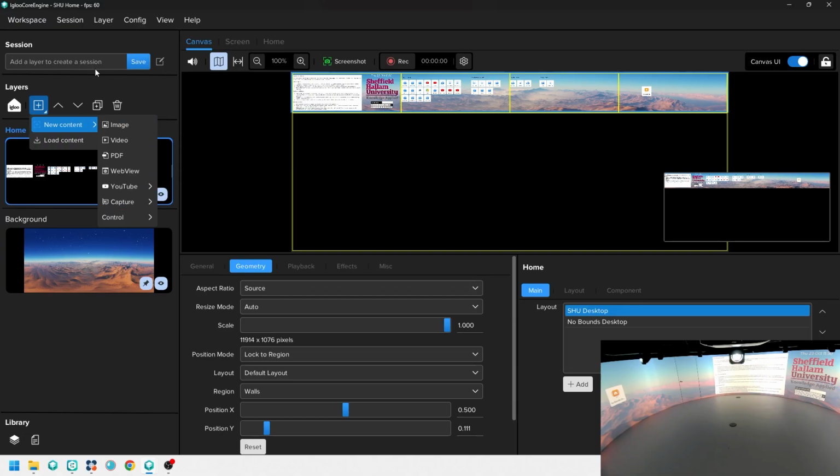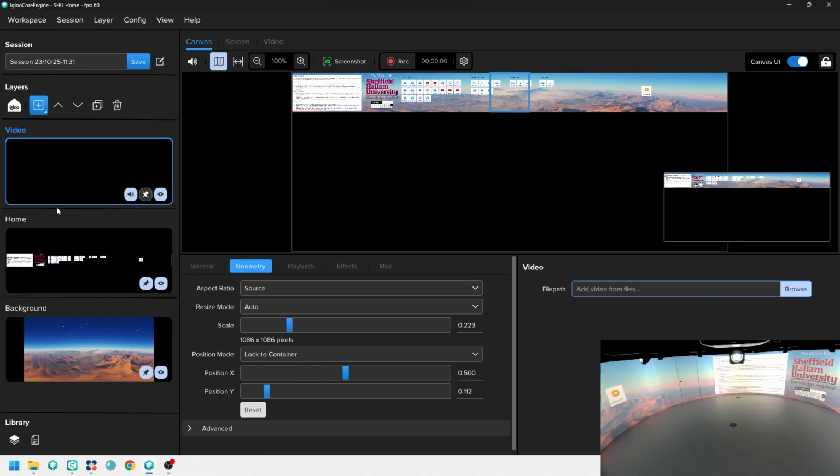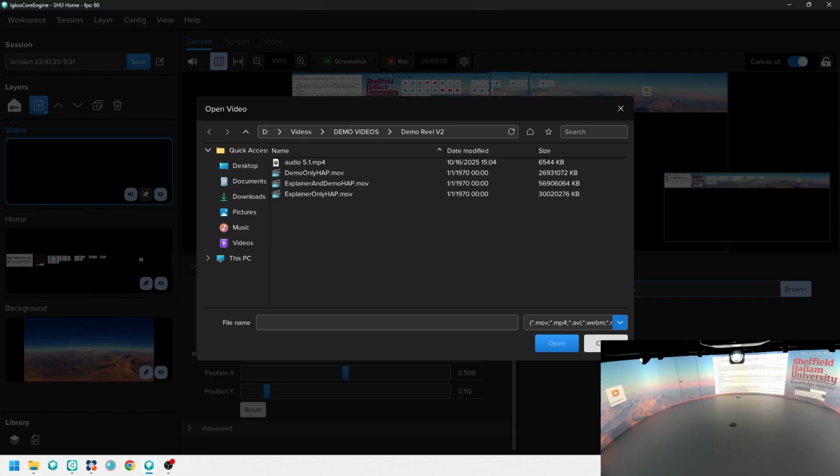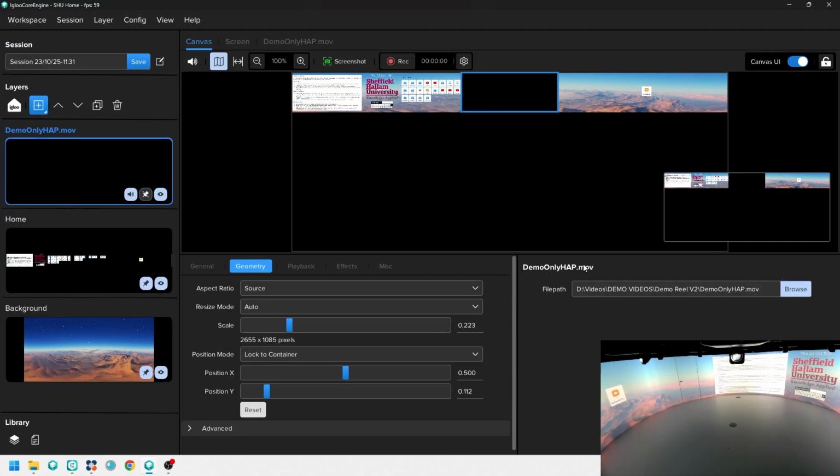Okay, so bringing a video into the Igloo. Supposing you've made a video that you want to map onto the wall, this large, long, horizontal canvas here. The way that you would do it is press the plus button up here, New Content, and Video. Down here we've got the file path, so if we browse to a file that we've made, so if I press this and go to one of the examples that I've previously made, and press open, the video will launch